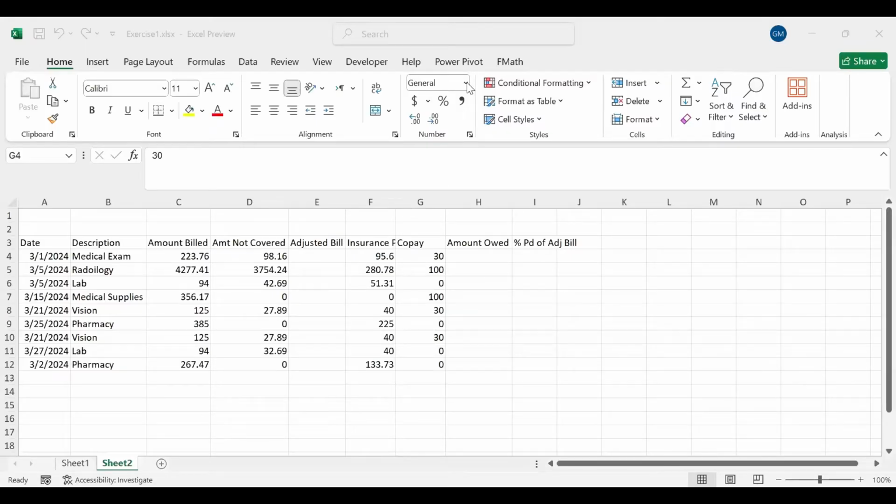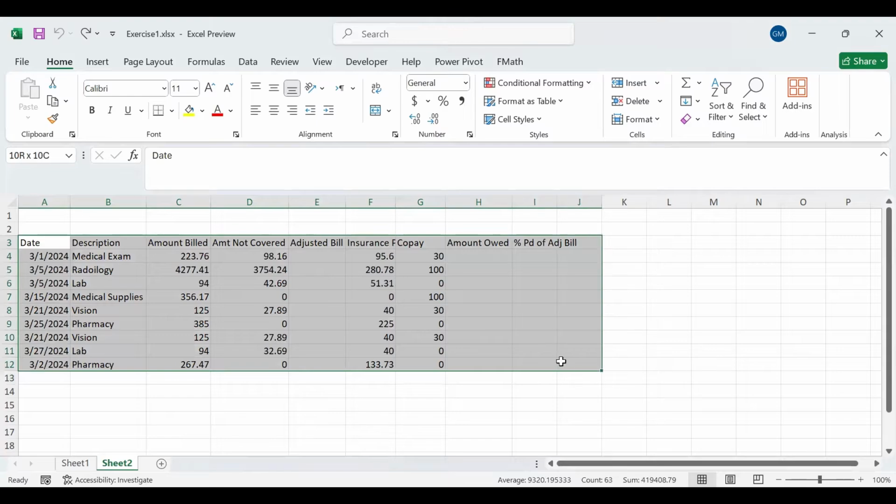Hi everybody, today I will teach you how to format your data as a table, how to apply a table style to your data. So I have a table here. I will select it,